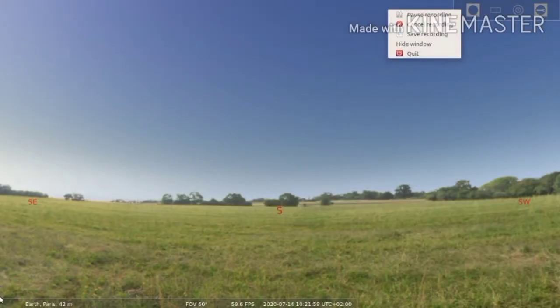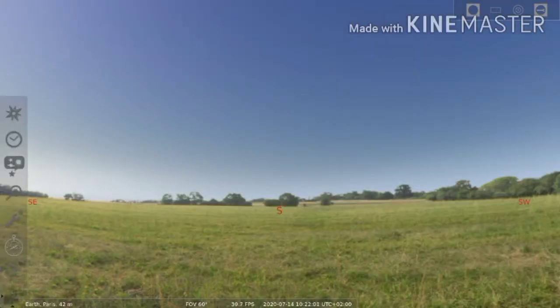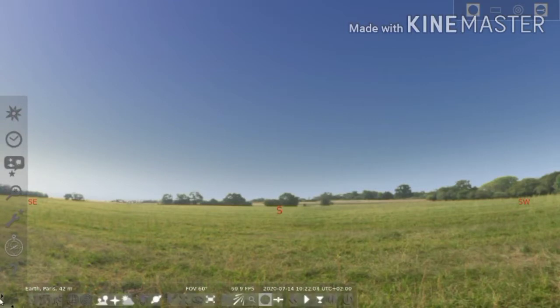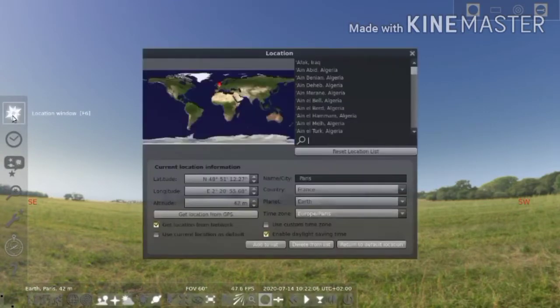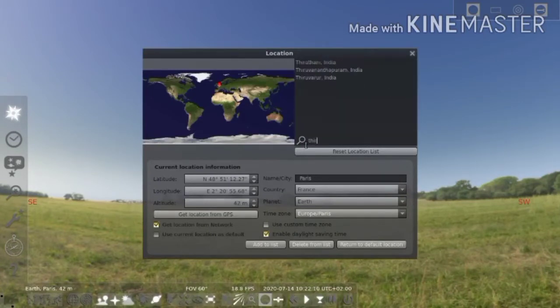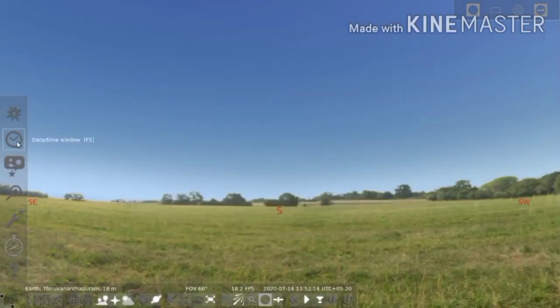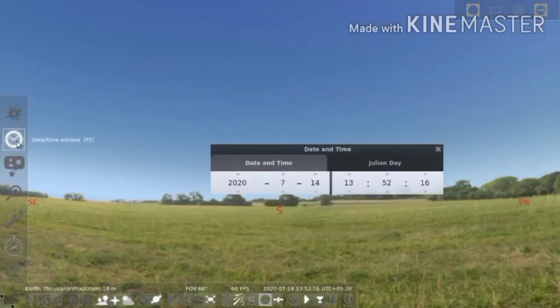Now you can fix the toolbox. Place the location as Thiruvananthapuram. And the date is 2010, January,